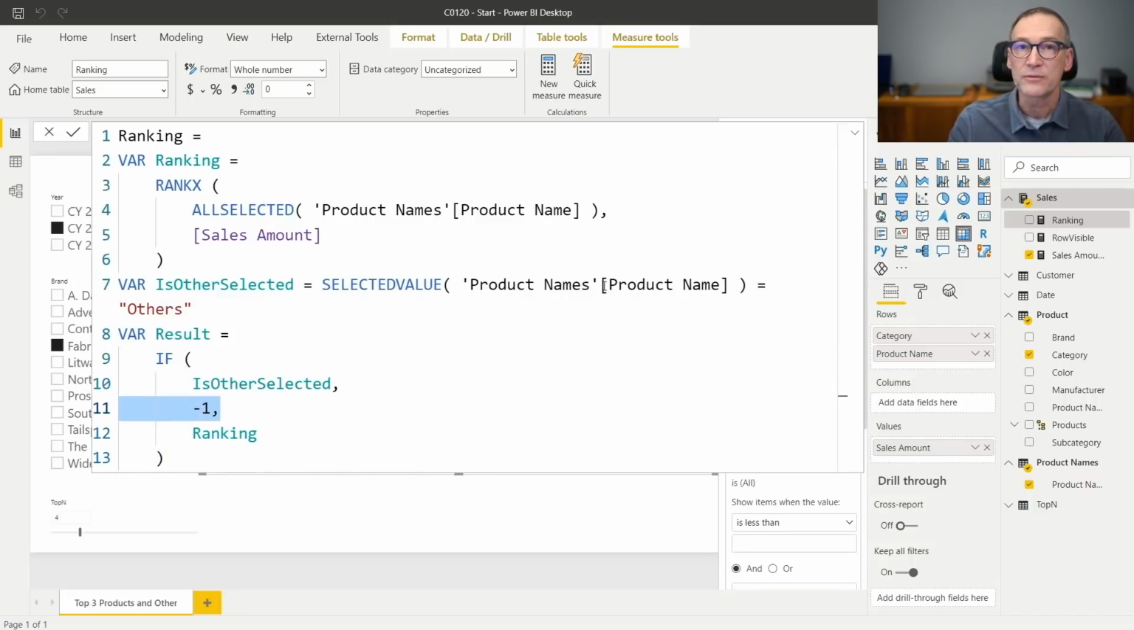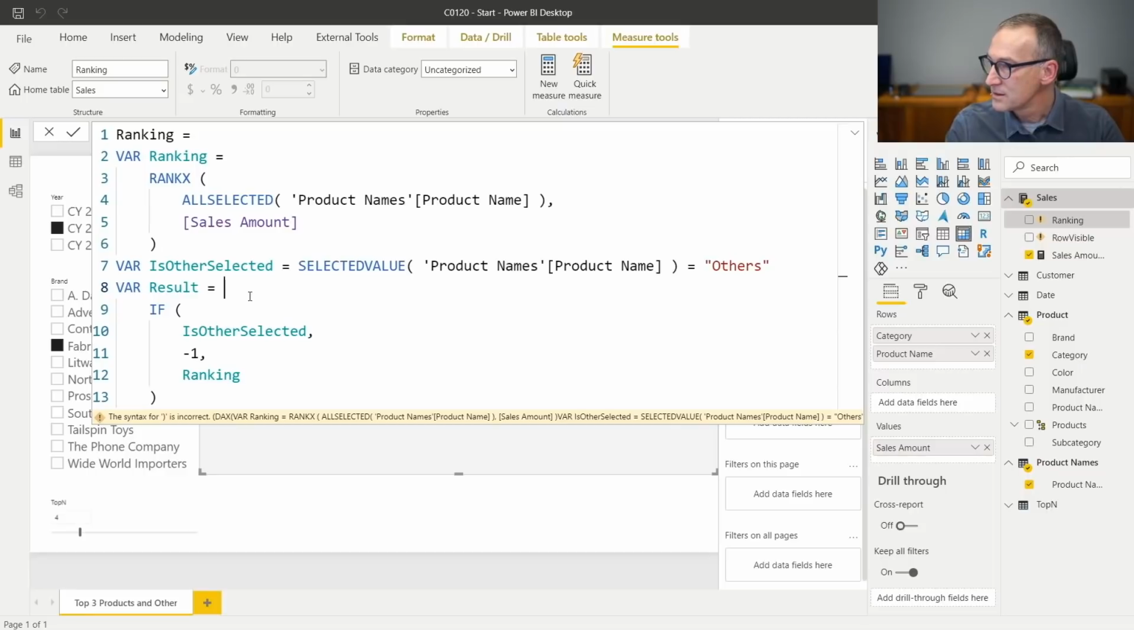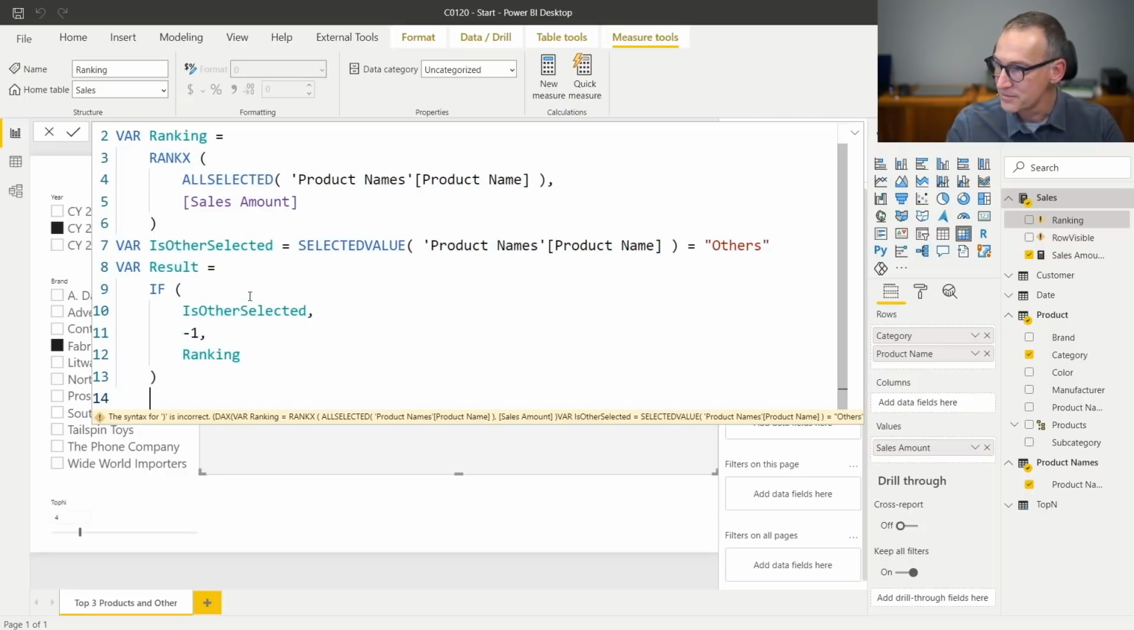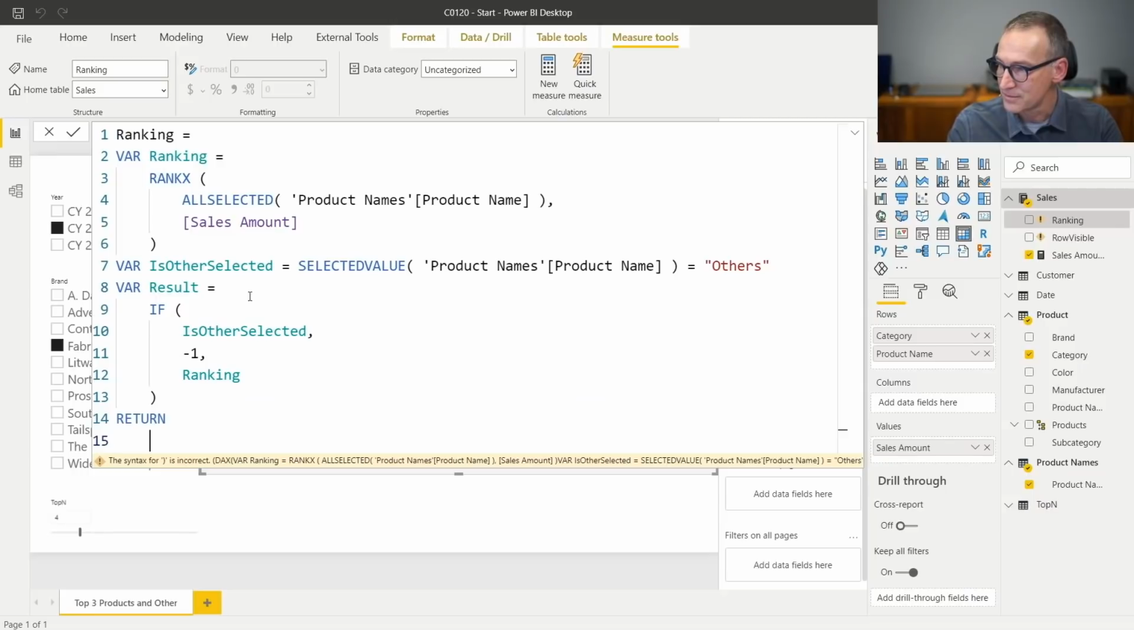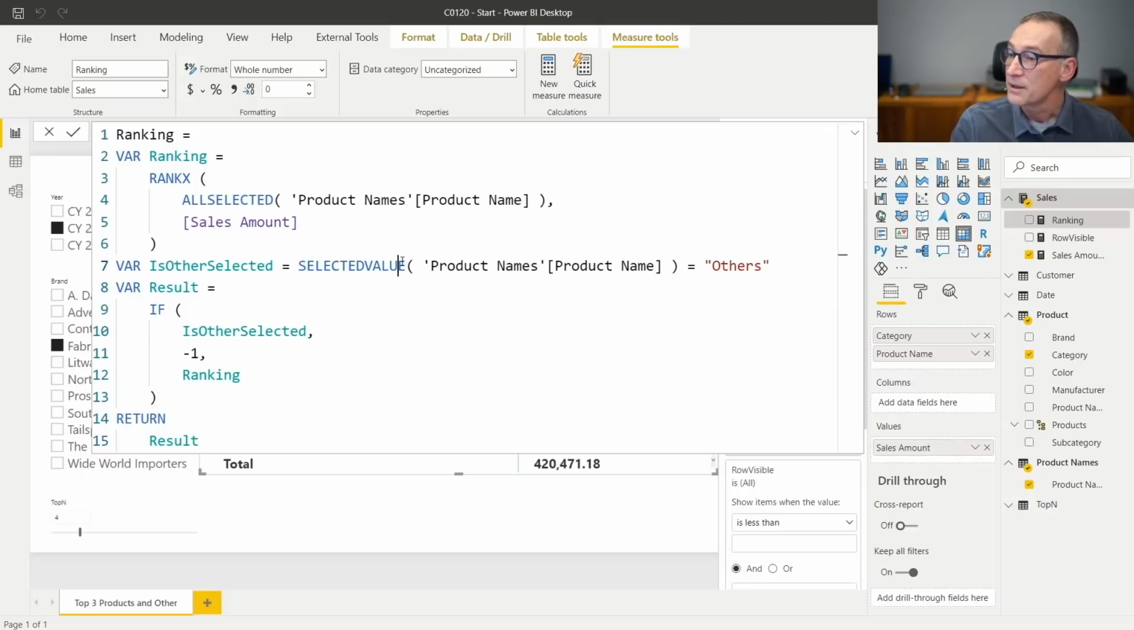Now, because the ranking of others will be -1, it is less than 3. And if I did it correctly, we should be able to see, no, we have an error somewhere. Selected value. If the syntax for, there is a missing parenthesis somewhere. This is fine. This is fine. Oh, yes, I'm missing the return part. Return result. Okay, much better. Now I have my ranking,